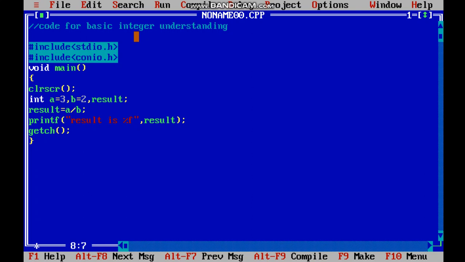in which I declared a equals to 3, b equals to 2 and the third variable is result that is not used. Now I declared result is equals to a divided by b. That means b will divide to a. We all know if it divide 3 by 2 then the answer is 1.5, isn't it? Now let us see. Printf, result is